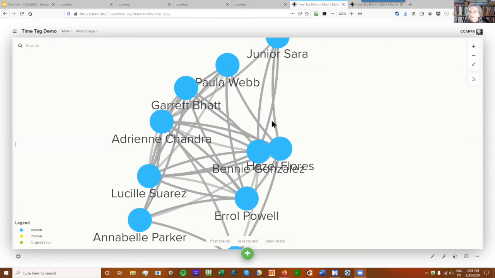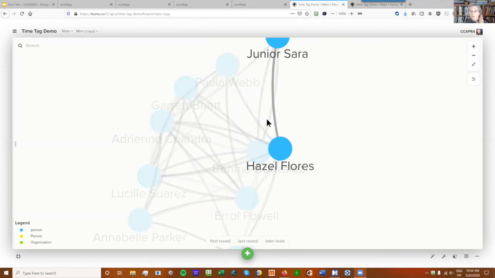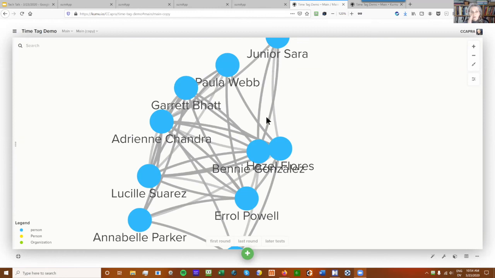That's because this one is maybe only one time frame, and this one is actually 3 connections. So there are 3 connections in the data between Hazel and Junior.